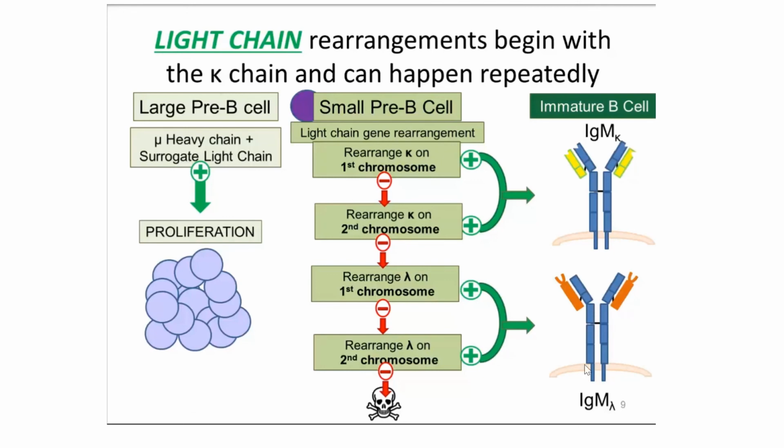Okay. This is an immature B cell. It expresses its receptor on its surface. So the pre-B cell receptor is not on the surface. The fully rearranged receptor is on the surface, right? And that's an immature B cell. Okay, so we're going to